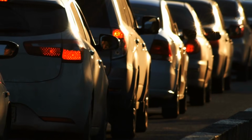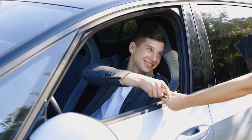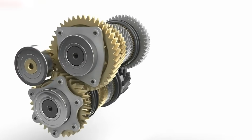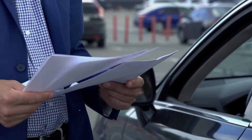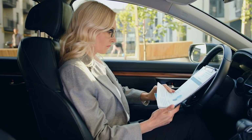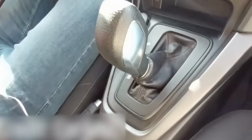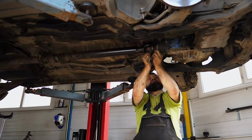Stop-and-go traffic is essentially the worst possible environment for this design, and yet Ford sold these cars to millions of everyday commuters. What can you do? If you own a Focus or Fiesta with the PowerShift transmission and it's still misbehaving, know that Ford extended the warranty coverage on these vehicles due to the legal pressure they faced, so it's worth checking whether your vehicle still qualifies for coverage. If you're shopping for a used Ford and see the PowerShift badge on a Fiesta or Focus, treat that as a major red flag and either walk away or have a transmission specialist inspect it before you